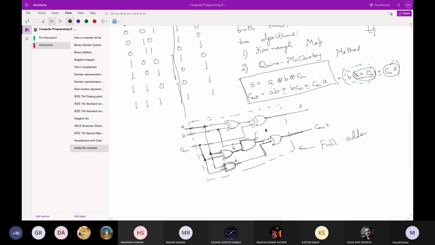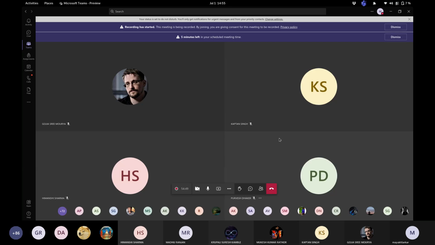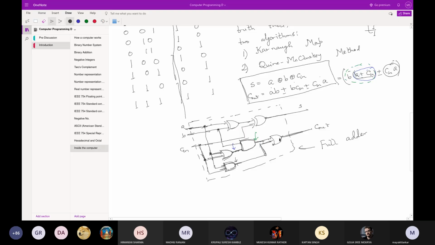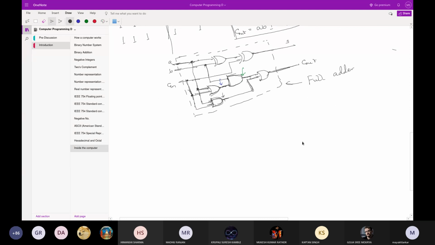This will do the accurate addition of 2 bits along with a carry in. Is it clear? Though my lines were not quite straight because it's quite difficult to draw here. So is the concept clear? Yes, sir. Okay. It's already 2:55, otherwise I would show you how these work. Okay, let me show this in brief. Next I'll discuss this in detail.